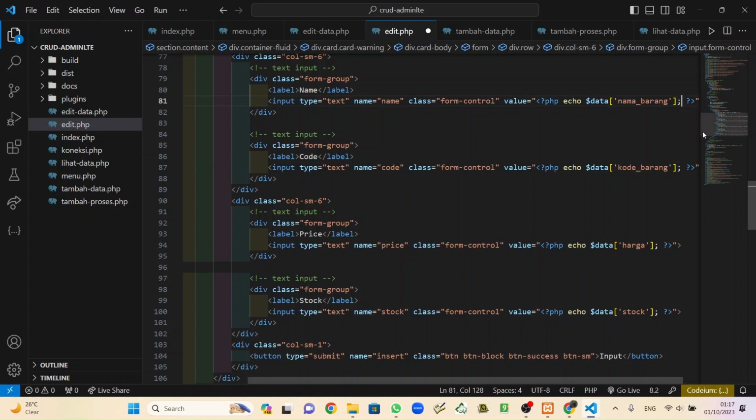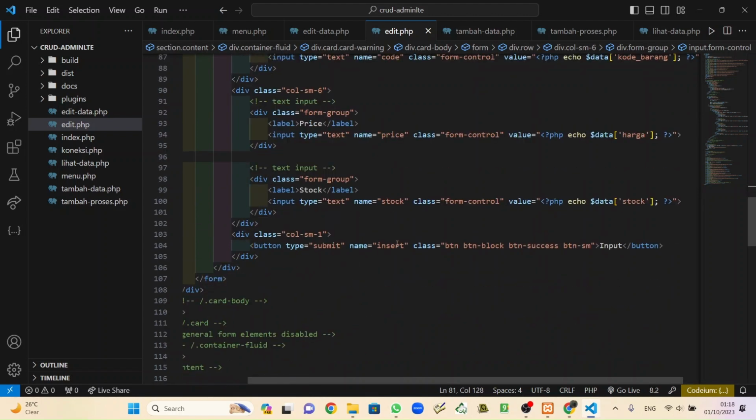Save. And I hope that's enough, and maybe we can change insert, not insert but update. Save, not input but update. Save. The color, maybe we will change that to blue.